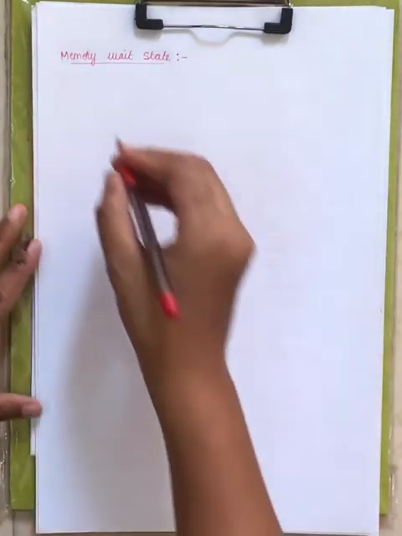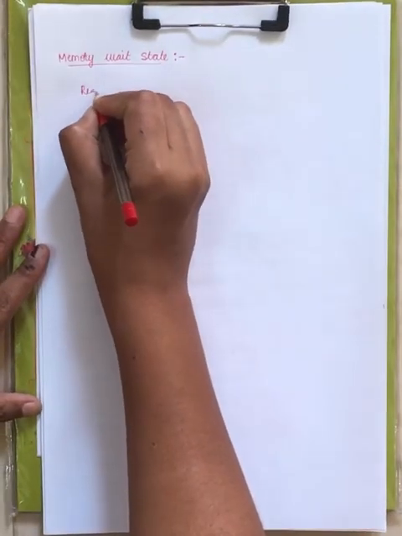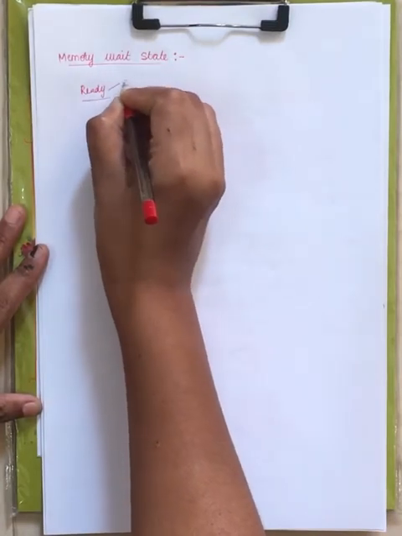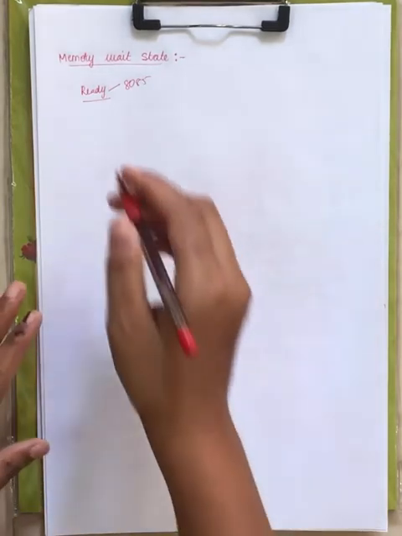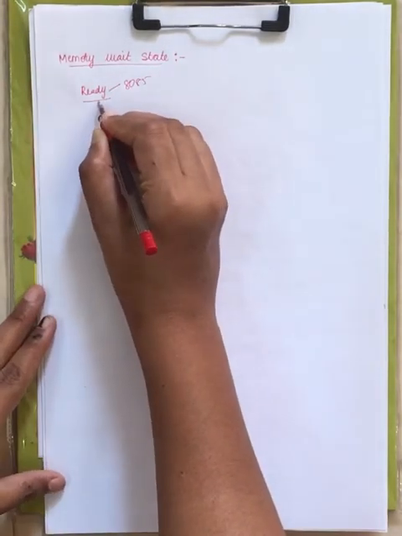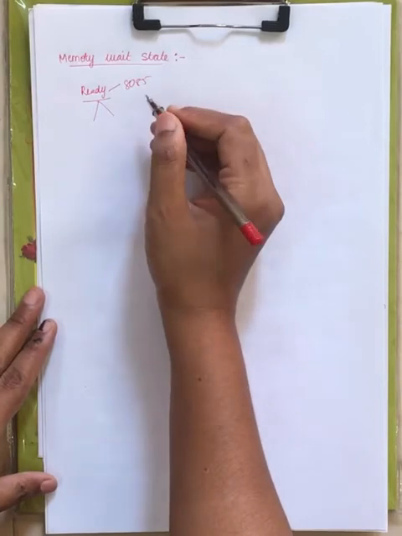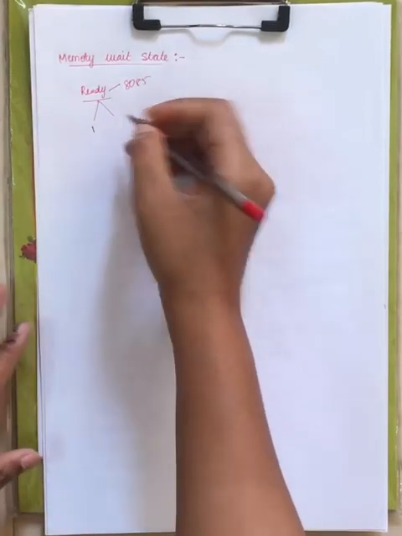Now, you have a READY pin under your microprocessor. The 8085 has a READY pin. What status does it give? The READY pin of the 8085 senses whether a peripheral, that is, an external device, is ready for data transfer or not. That information is provided as logic 1 or logic 0.